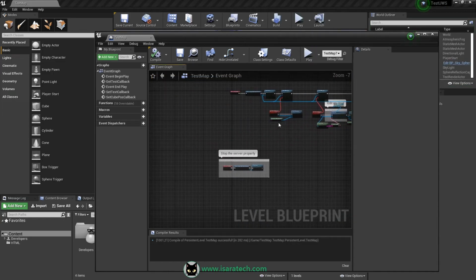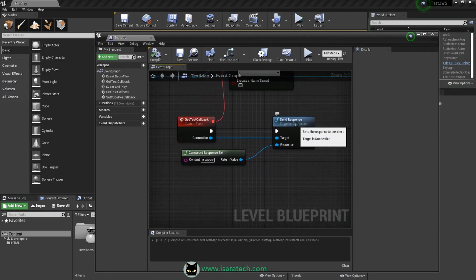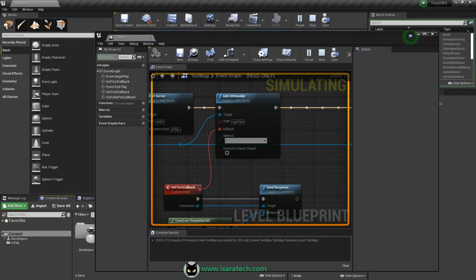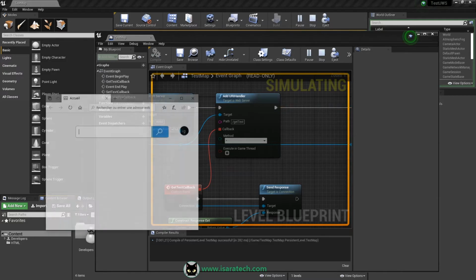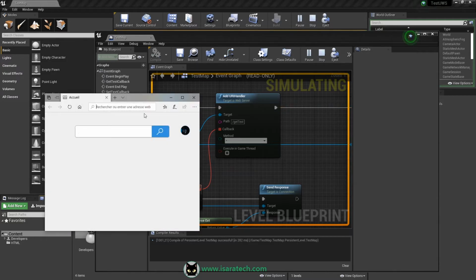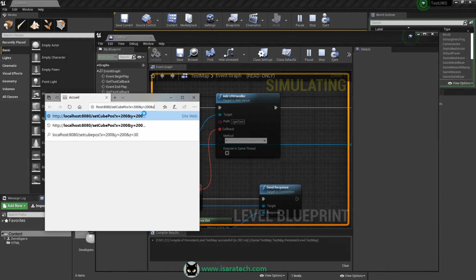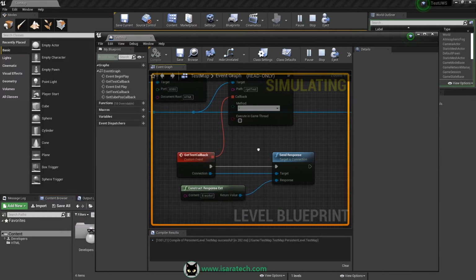Let's try another thing. I will explain how to use HTML directly in the response. For instance, you remember the getTest endpoint. Localhost, slash getTest. GetTest works.